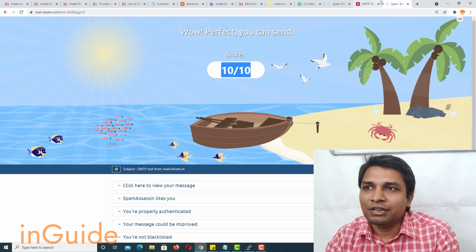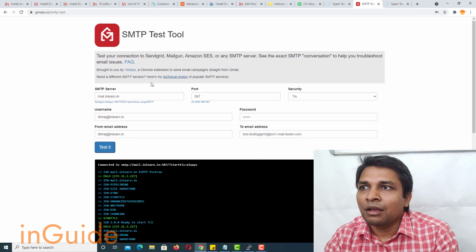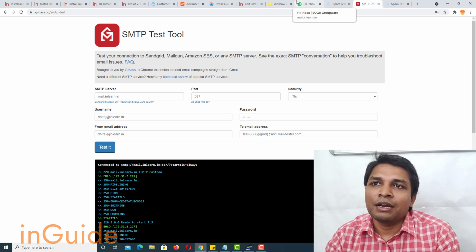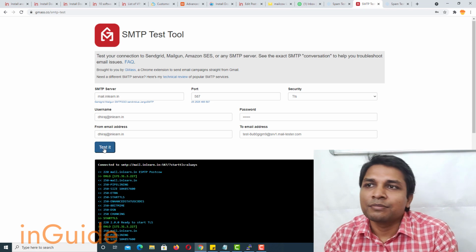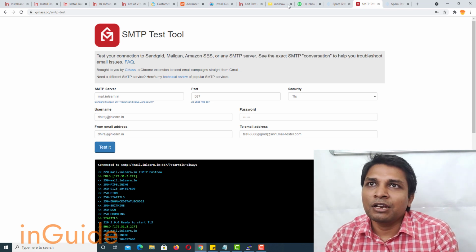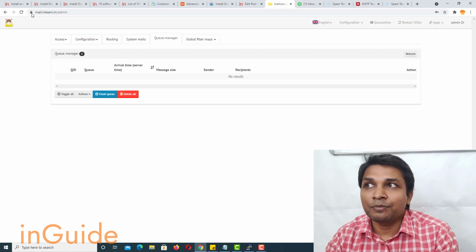For SMTP details, the SMTP server is mail.your-domain, then port 587, security TLS, the username that you created to log in, and then the password, and that's it.